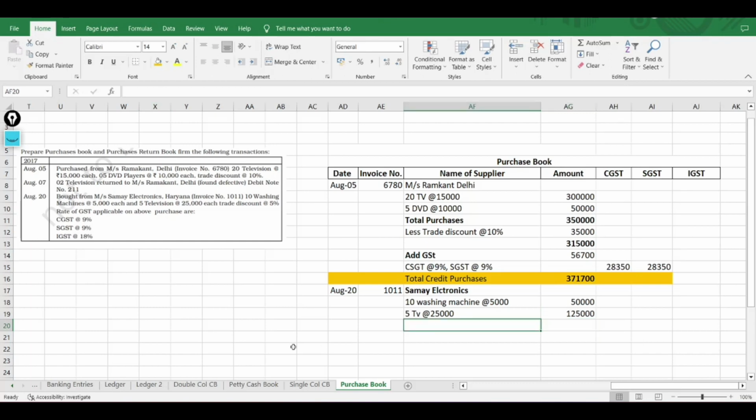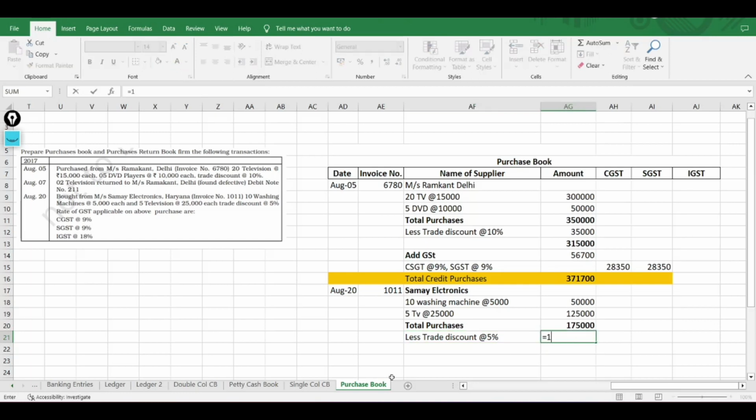Now total purchases will be 1,75,000, right? Out of this, yes, correct, we have to deduct the trade discount, but here trade discount is 5%, on which 1,75,000 deduct 5%. So 5% is 8,750. Let us deduct that amount. 1,75,000 minus 8,750 is